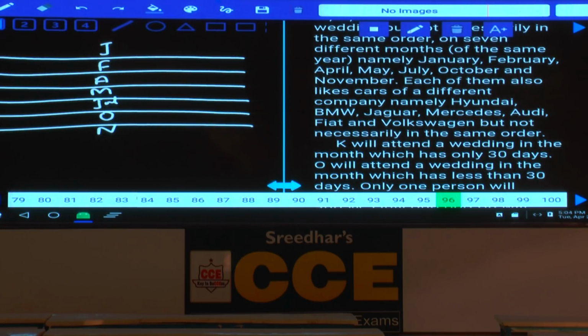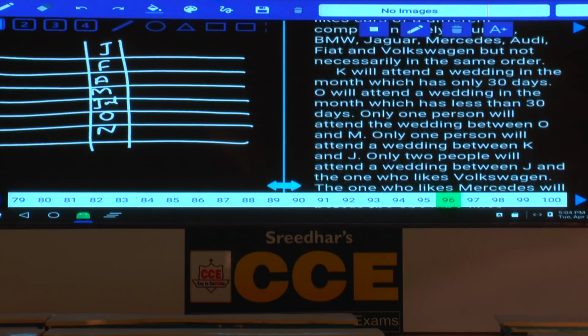Now among these Jan, Feb, April, May, July, October and November, now we need to differentiate between these months according to the number of days. Now here July, next one is what? Jan, May, July, October are the 4 months, each is having 31 days. And the remaining April and November, each is having 30 days, and the next one, Feb will have 28 or 29, isn't it? Hence, now if you observe here, April and November are there, 30 days, most of the information will be given related to this. First we need to identify that, because we can fix 2 possibilities.